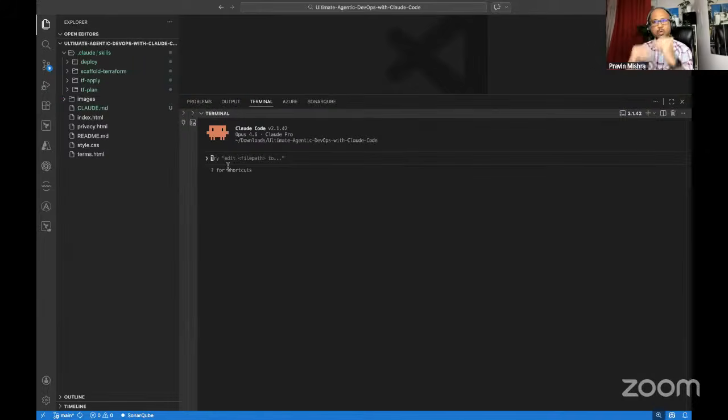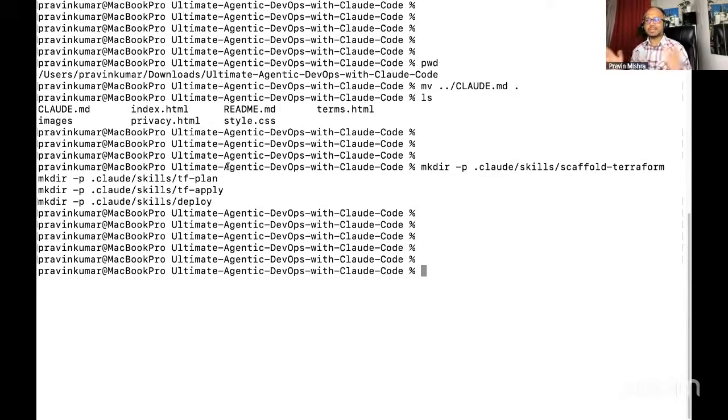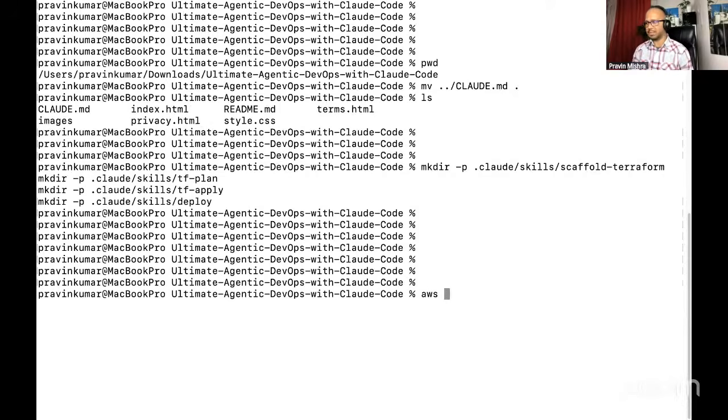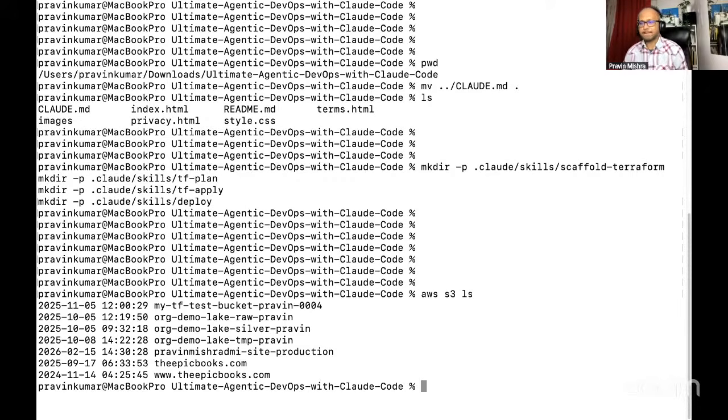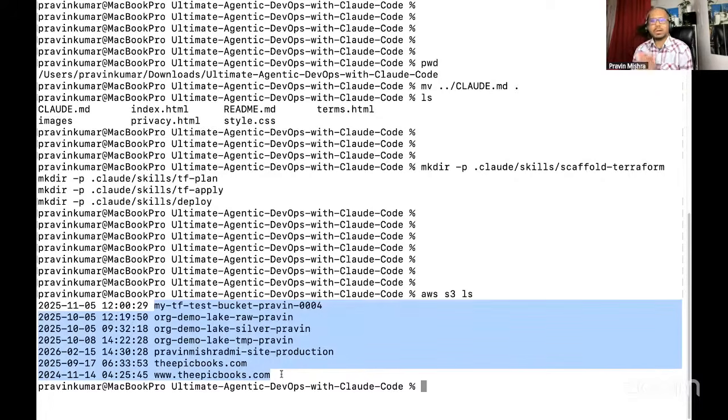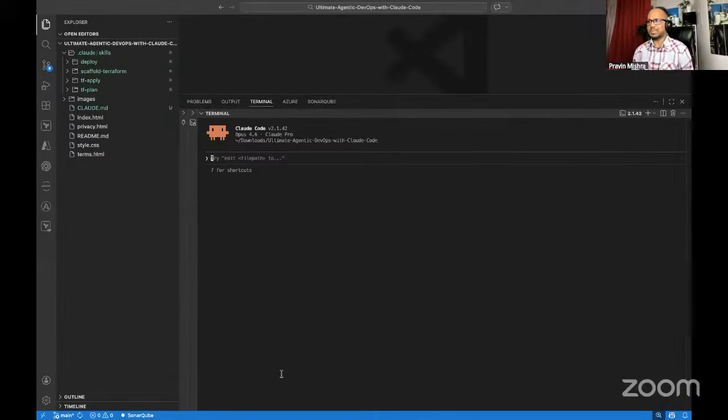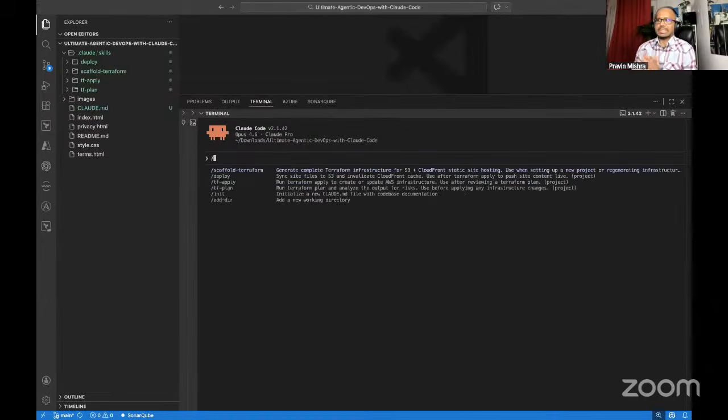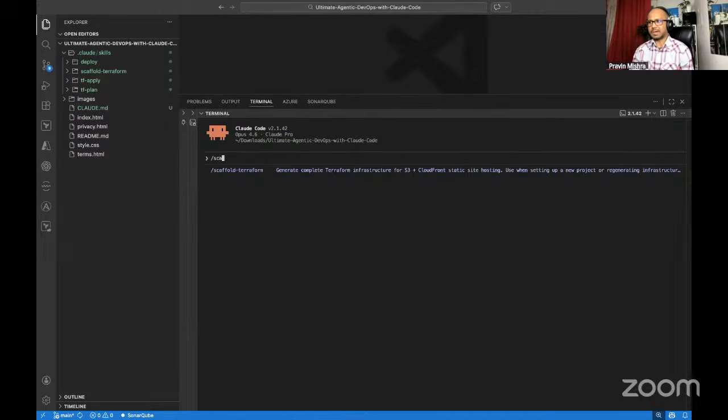Before that, we are going to deploy this application in my AWS account, so I have to make sure I'm able to access AWS. Simply, I will test here aws s3 ls, and let's see if I'm connected. Yes, I'm connected, right? You see all the bucket list. Now let's go to the terminal, sorry, in Visual Studio Code. Now we are going to run the skill to create the Terraform. Which skill? The scaffold